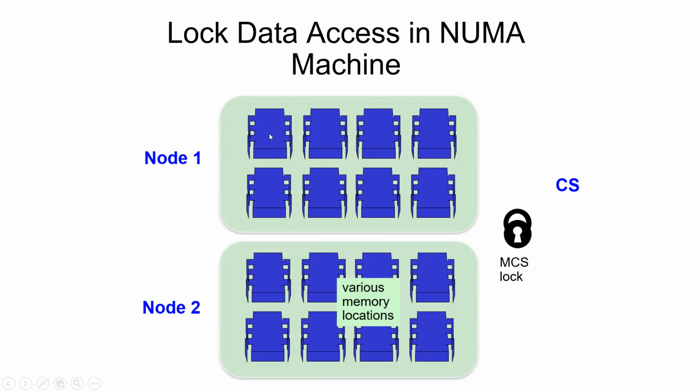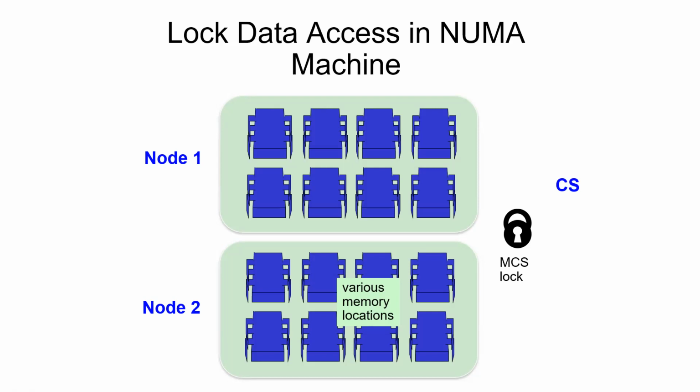Again, if you pass the lock to the node 1 thread, and keep transferring the lock to node 1, then node 2, then node 1, vice versa, there will be a communication cost. To avoid that problem, we go with the concept of NUMA aware locks,